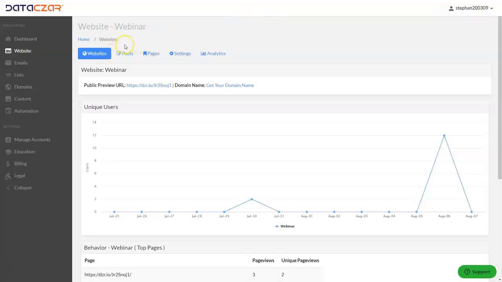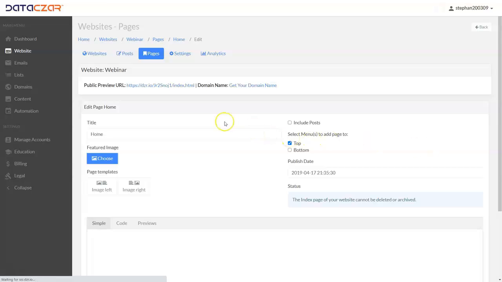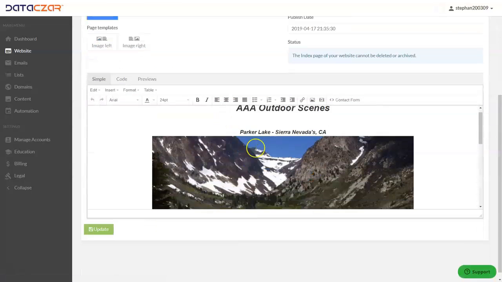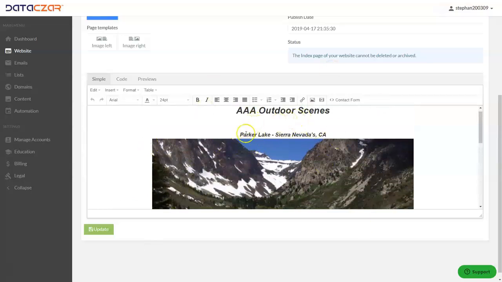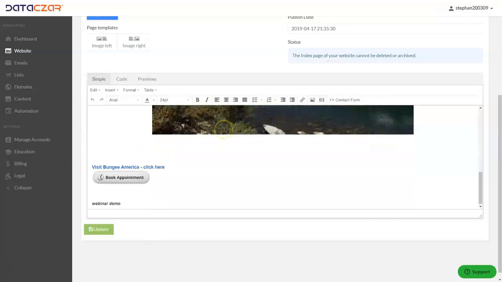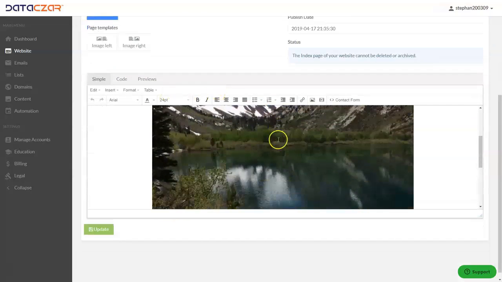And first of all, from the website button, let's go ahead and click on Pages. And this is where you edit your pages. These are all our different pages. So let's go ahead and click on our home page. We're going to click Edit. And while you're editing your home page, this is our editing box here, and while you're editing your website, there's